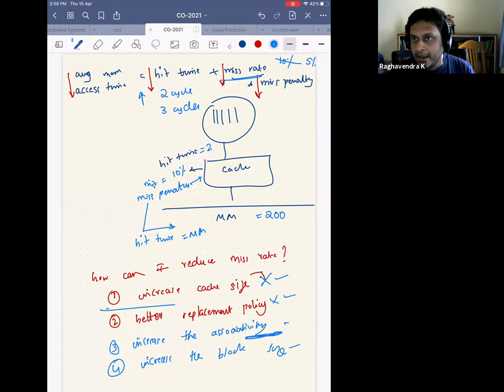And the other problem is that the miss penalty also increases. The reason is, when I go to the main memory, if my block size is, instead of 64 bytes, kept at 256 bytes, I have to go to the main memory and fetch 256 bytes, which means I'm fetching more data from the main memory, so the miss penalty might increase. The way I am handling it, of course, I can reduce it, but is this clear? Somewhat clear, not clear? Please ask me, I can explain again.